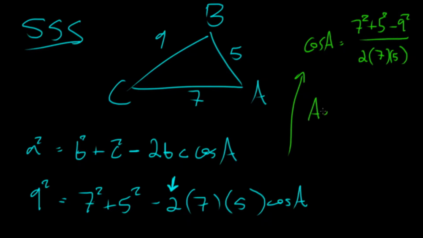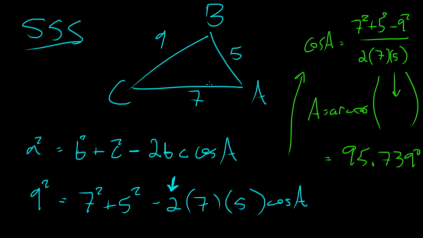So when you take the arc cosine, you will, in fact, get the correct answer because arc cosine spits out things between 0 and 180. So this will be the correct answer. And that answer ends up being 95.739. All right, so if this is 95.739,